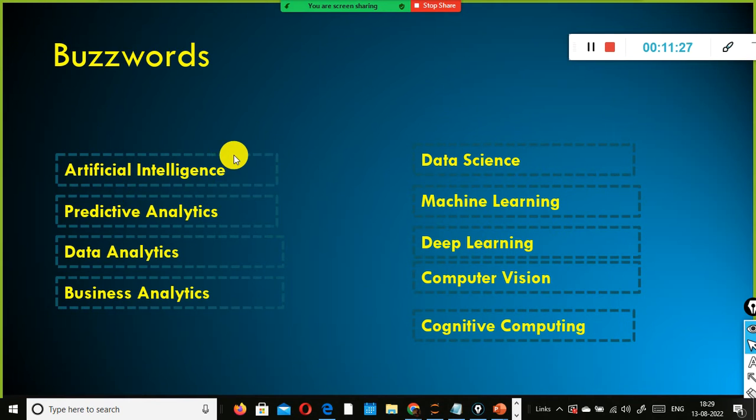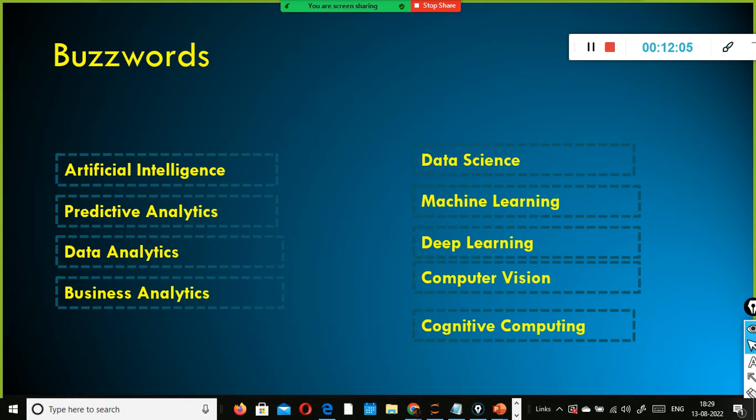Fine. Now what is this term artificial intelligence all about? In the past, the scientists thought, is there any way we can give the human brain to the system, so that the system itself can think like a human and make the decision on its own instead of relying on the human to feed or take decisions? Is there any way we can give the brain to the system so that the system itself can make the decision like how a human can take?